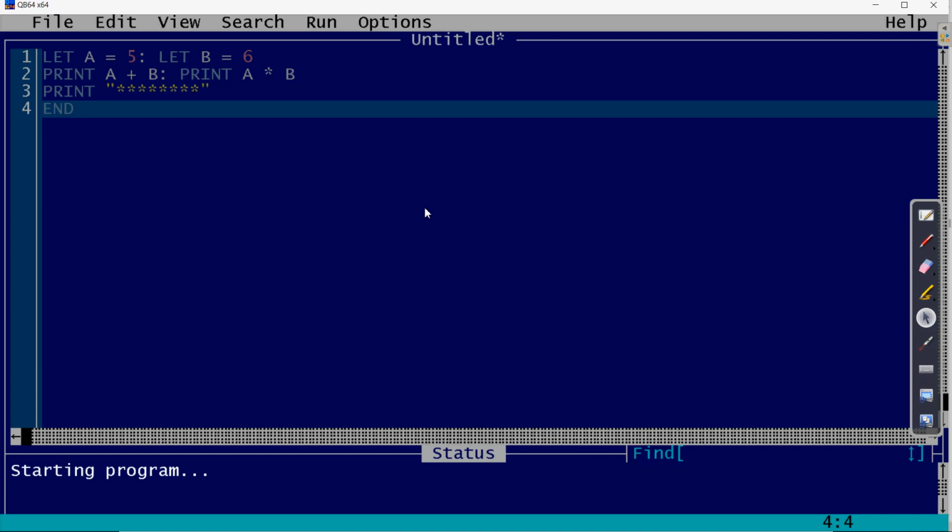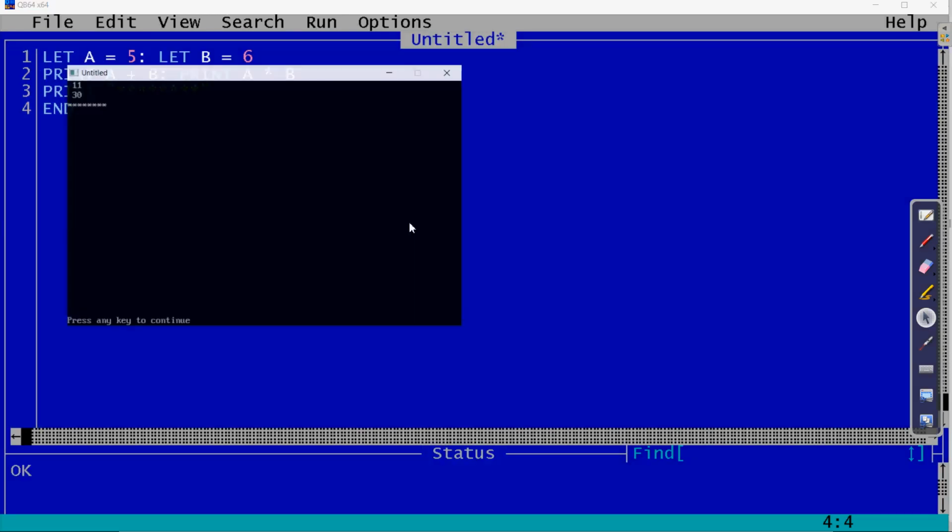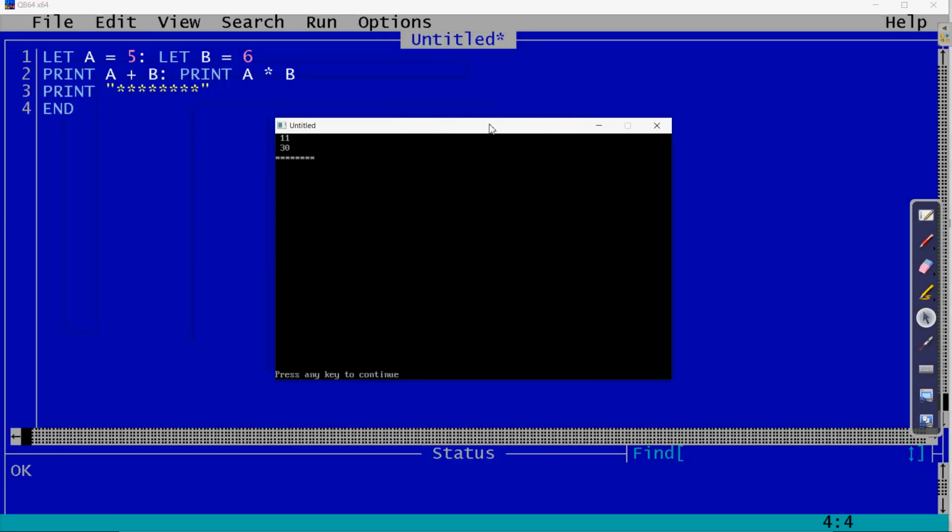So here you can see in the first line we have taken A and B. That was only the numbers stored in variables A and B. In the second line we have written A plus B and A into B. So A plus B is 5 plus 6, that is 11, and A into B is 5 into 6, that is 30. Clear? And after that we have printed the star. So the same is printed here. I hope this is clear.